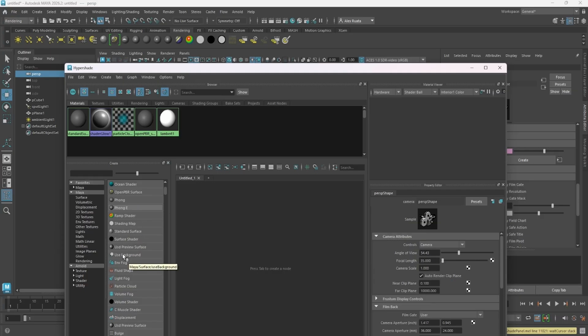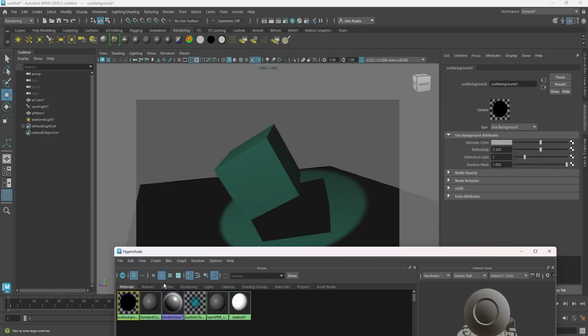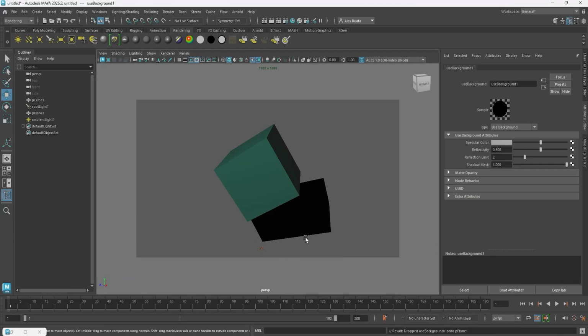We have an option here to create a material called use background. So let's go ahead and do that. And let's just apply this use background to our plane and see what happens. Our plane disappears, but our shadow is still there, which is important because if we undo what we just did